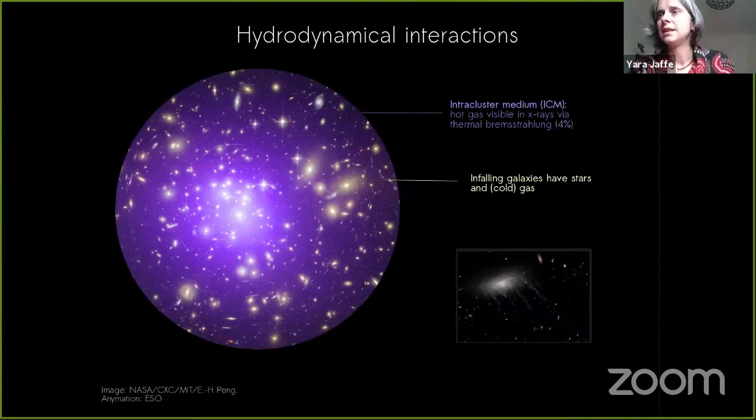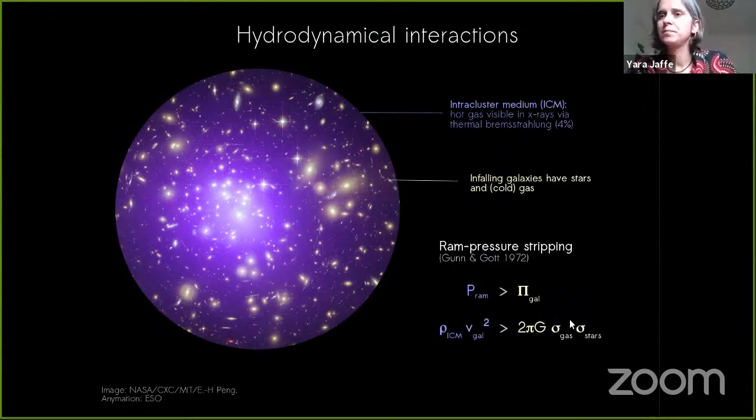This interaction can be thought of as the effect of a wind, because the galaxy falls at a certain velocity, and as it interacts with this intracluster medium, it will feel a wind that can blow away the gas that the galaxy has with it. And as I hope you saw in this simulation below, this process can essentially remove the gas in the galaxy, creating these beautiful tails that give the name to the so-called jellyfish galaxies. So this process is called ram pressure stripping, and it essentially